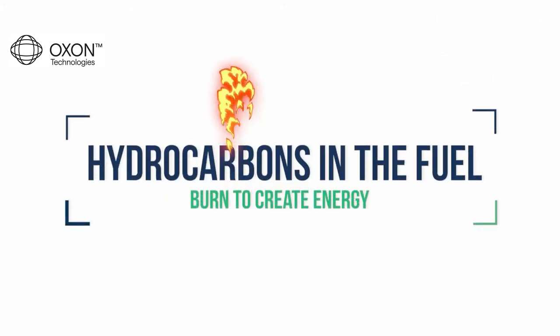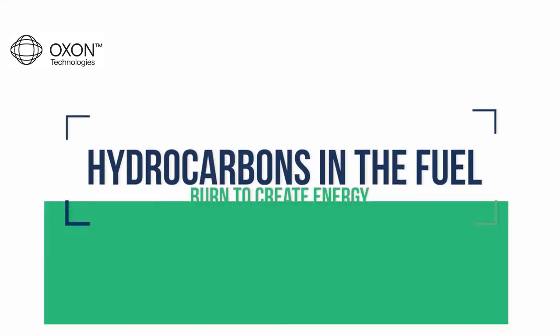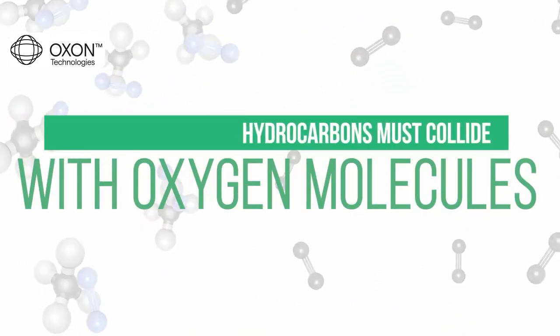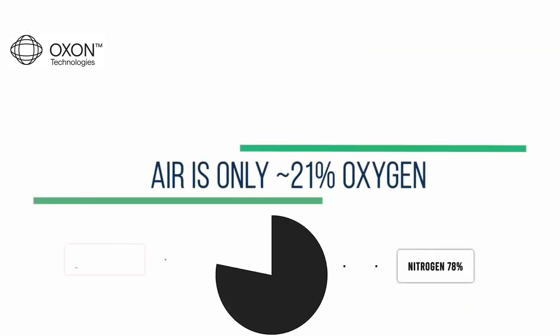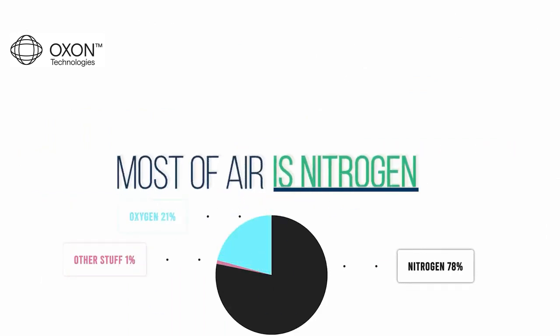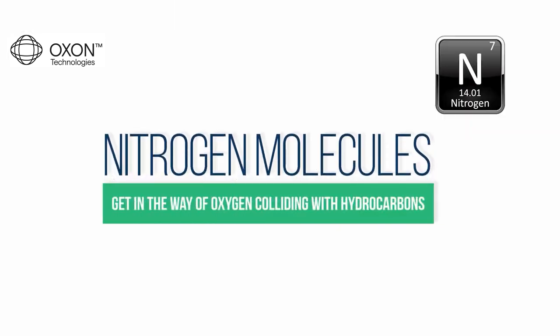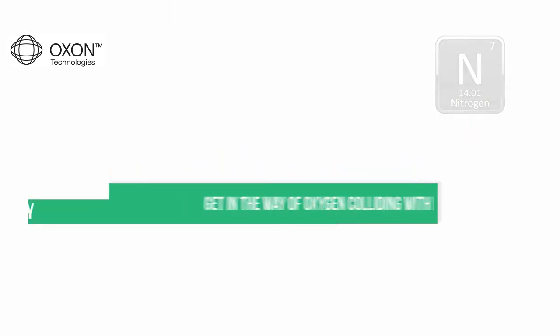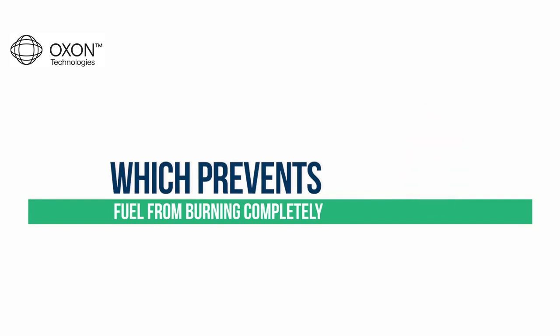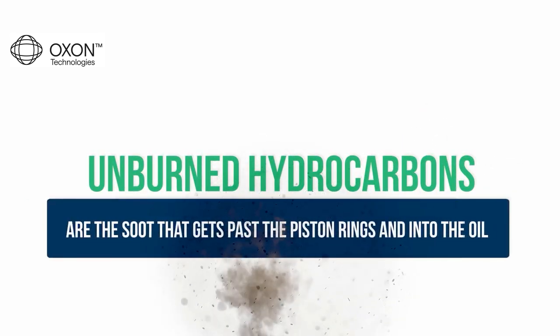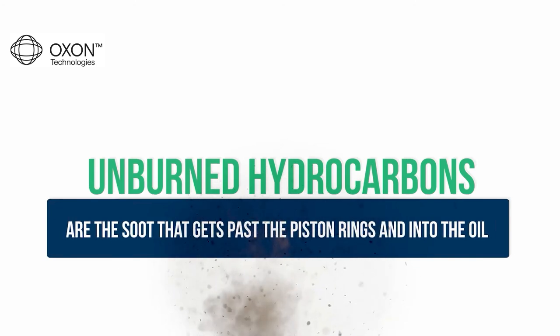It's the hydrocarbons in the fuel that burn to create energy. To do so, they must collide with oxygen molecules. The problem is that air is only about 21% oxygen. Most of the rest is nitrogen. The nitrogen molecules get in the way of the oxygen colliding with the hydrocarbons, and that keeps them from burning completely. Unburned hydrocarbons are the soot that gets past the piston rings and into the oil, making it abrasive and